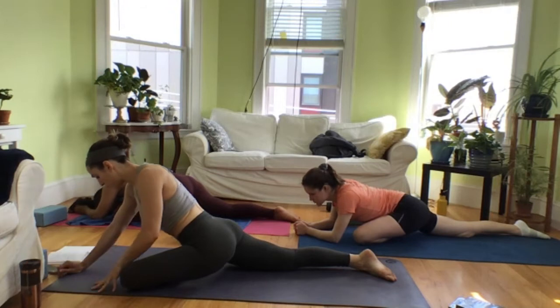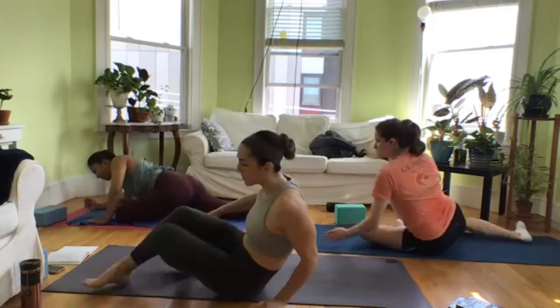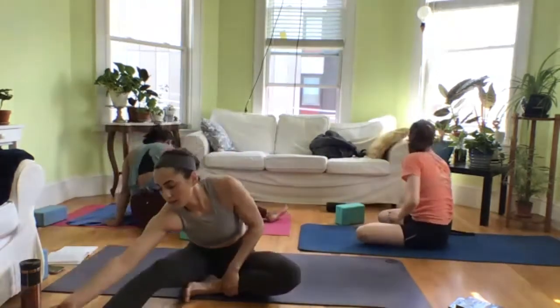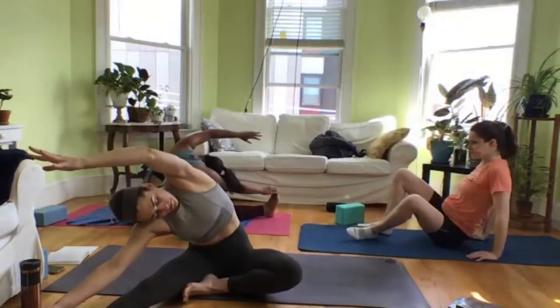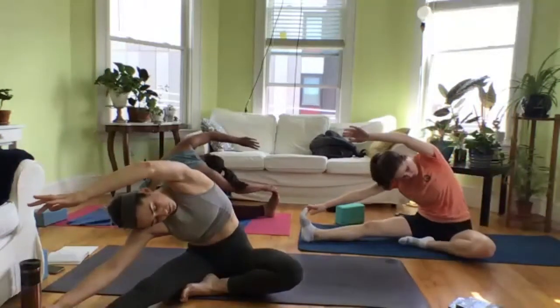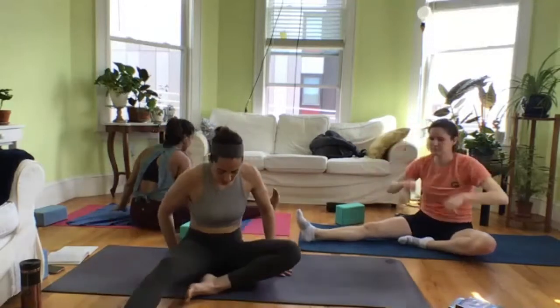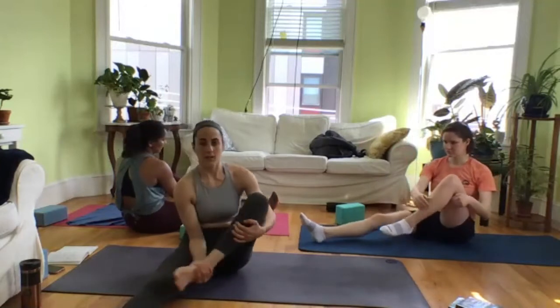Bring your hands back to the floor, slide onto your left hip, bring the right leg forwards. Just starting with a side bend, right hand to your right foot, left arm over your ear. And then come up to a seat. You're just cradling the left leg, so hands go under the leg, under the knee, and just start to wiggle